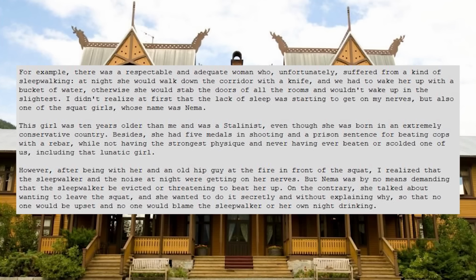However, after being with her and an old hip guy at the fire in front of the squat, I realized that the sleepwalker and the noise at night were getting on her nerves. But Nema was by no means demanding that the sleepwalker be evicted or threatening to beat her up. On the contrary, she talked about wanting to leave the squat, and she wanted to do it secretly and without explaining why, so that no one would be upset and no one would blame the sleepwalker or her own night